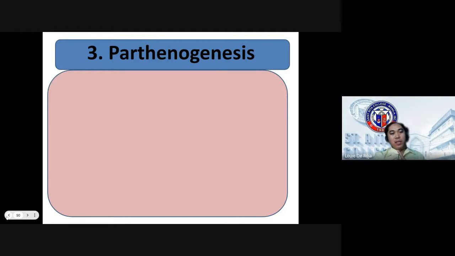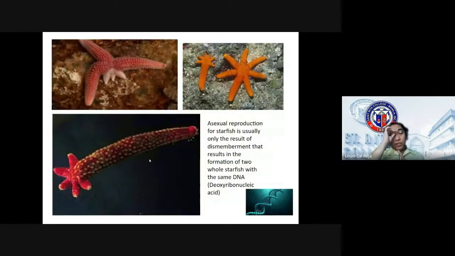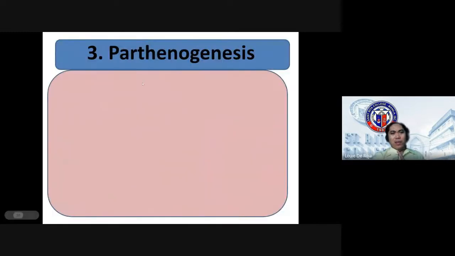So, it has same DNA. Kapag ganito kasi regeneration, same lang kasi yung DNA nila. Yan, deoxyribonucleic acid. Ano ba yun? Hirap i-pronounce. Okay, next is